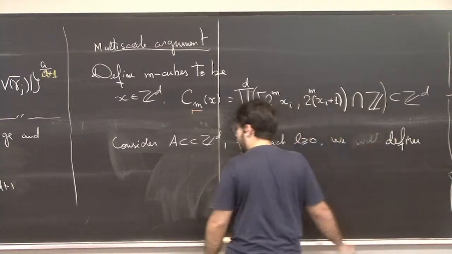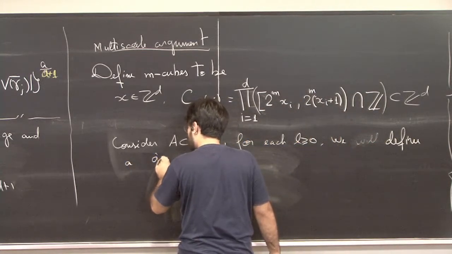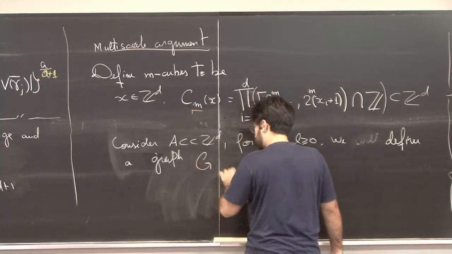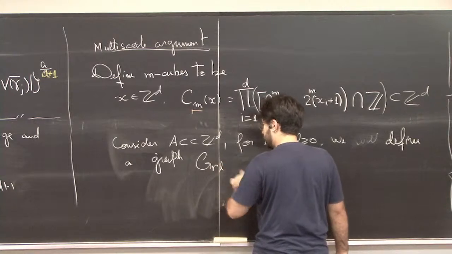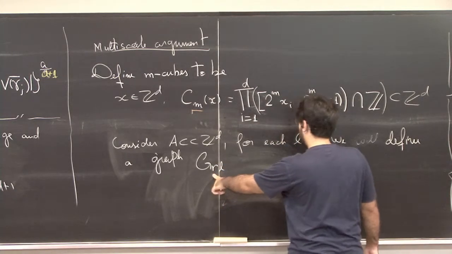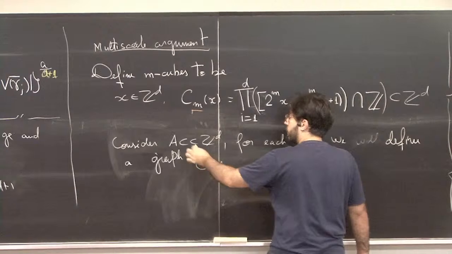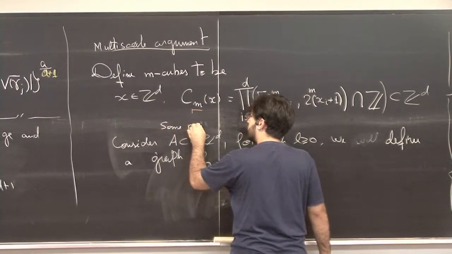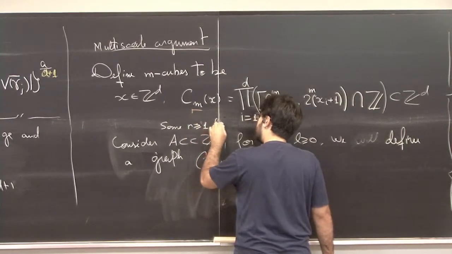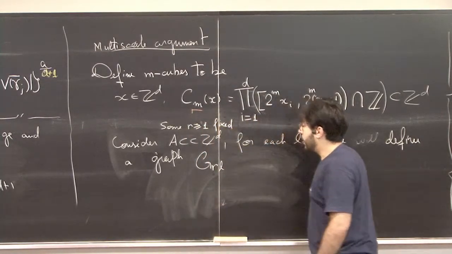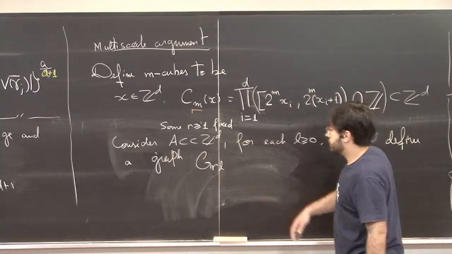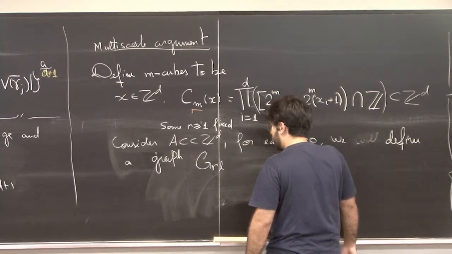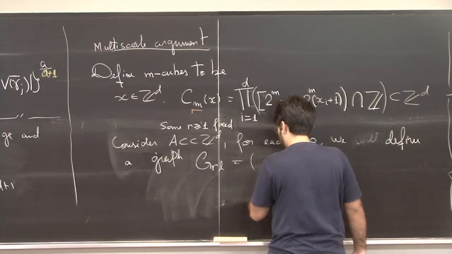We define a graph G_{R,L}, where L is a positive constant, so we also consider some R larger than 1 fixed throughout all this construction. The R is important for the entropy estimates that we'll do another day. So then we have